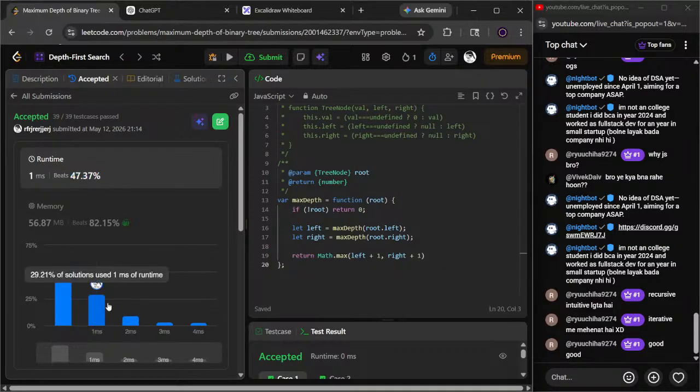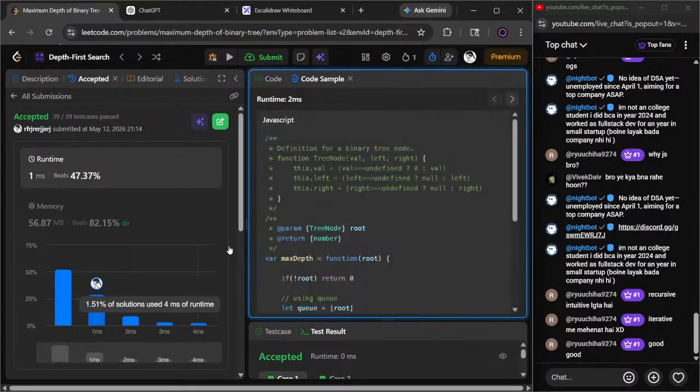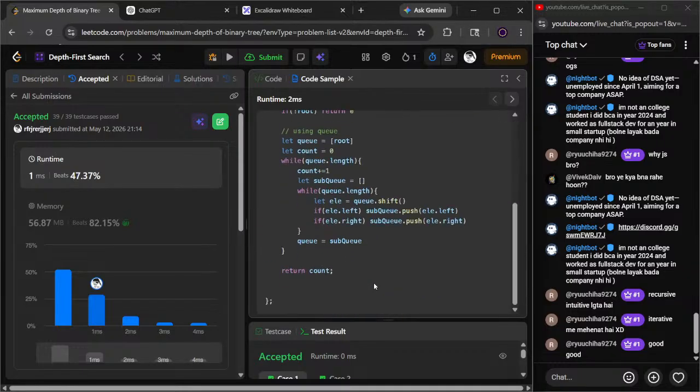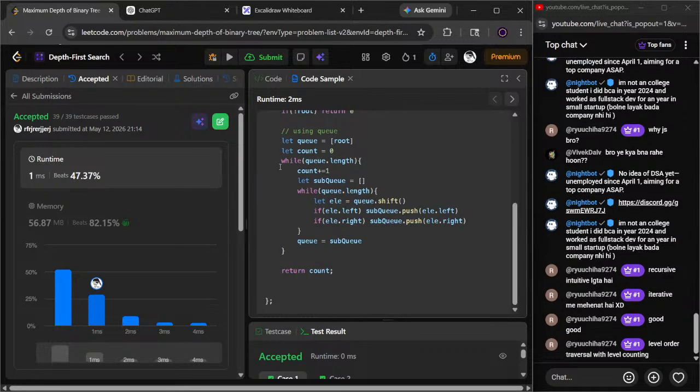यार 47% कैसे भाई, अच्छा ही तो है, और अच्छा भी लिख सकते हैं लेकिन पता नहीं इन लोग ने कैसे किया। अच्छा, ये आइटरेटिव मेथड लगाया था। मेरे को आइटरेटिव मेथड का उतना आइडिया नहीं है, उसमें क्यू एंड स्टैक वगैरह लगता है। तो इसने स्टैक में रूट को डाल दिया, एंड काउंट में जीरो लिया, एंड क्यू डॉट लेंथ, जब भी क्यू डॉट लेंथ है तब काउंट प्लस प्लस होता है। और डबल वाइल लूप लगाया भाई, ये तो ओ एन स्क्वायर हो जाएगा ना। अगर डबल लूप लग जाएगा तो ओ ऑफ एन स्क्वायर हो जाता है।